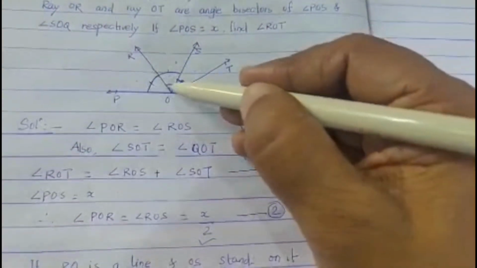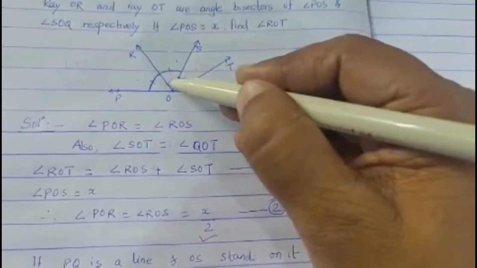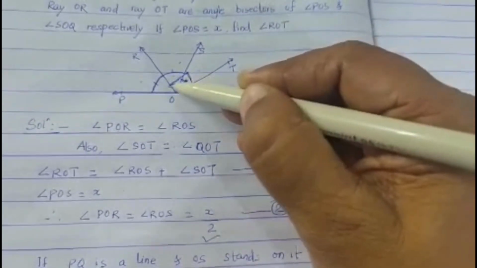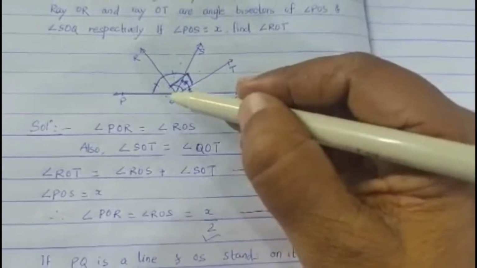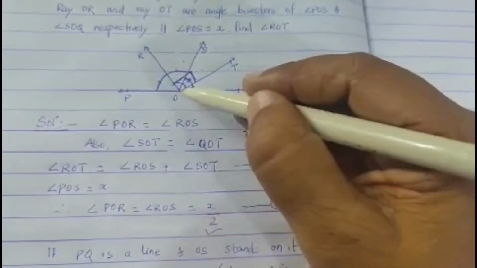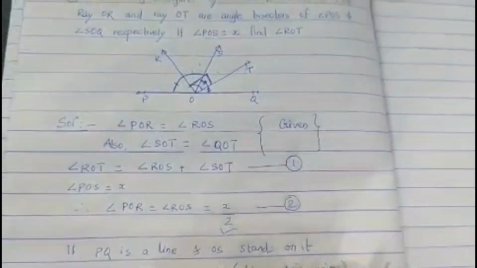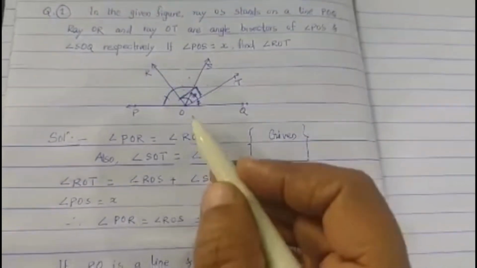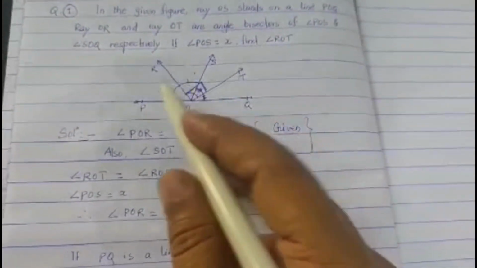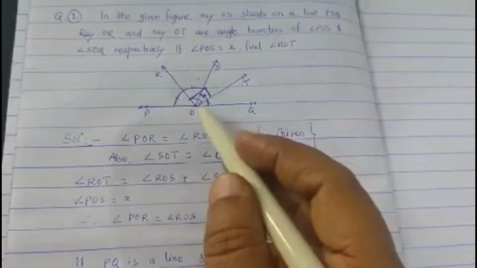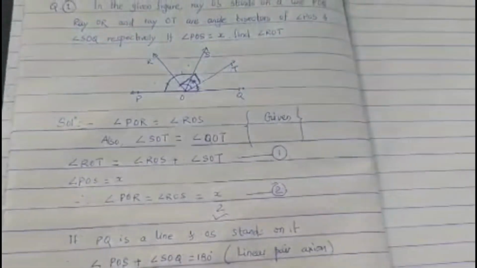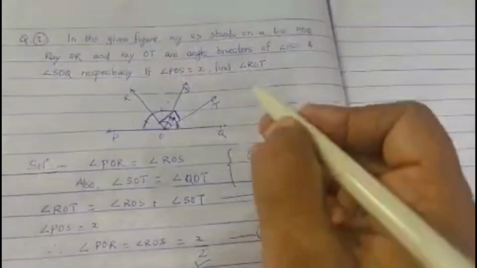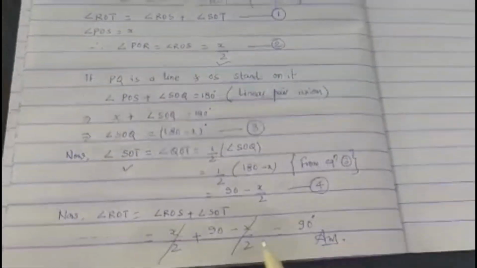So basically OR and OT are perpendicular. Later on we will see this is also a theorem, in the later videos. But we can draw the inference from here that these angle bisectors are perpendicular to each other. They form an angle of 90 degrees. But in this question we only have to find this angle. So angle ROT equals 90 degrees.